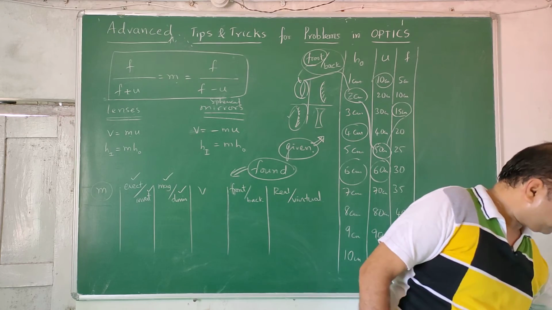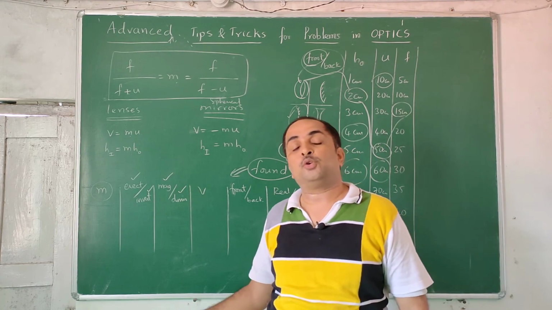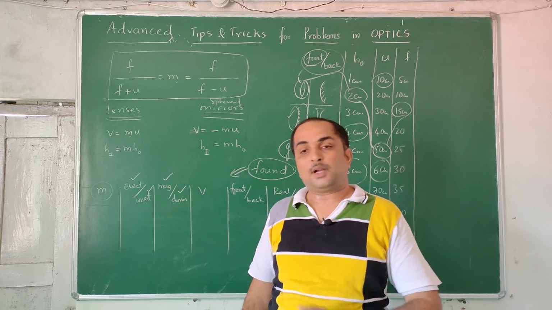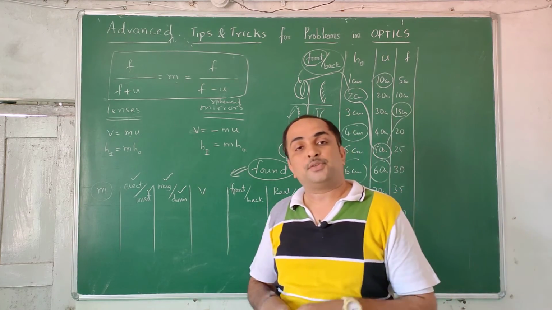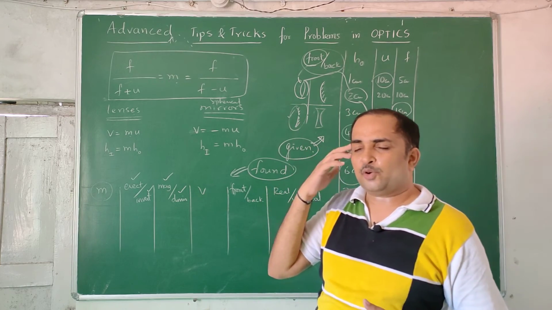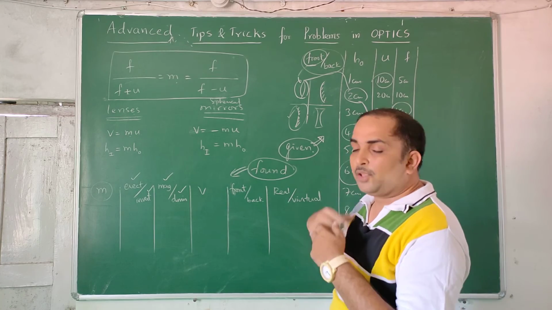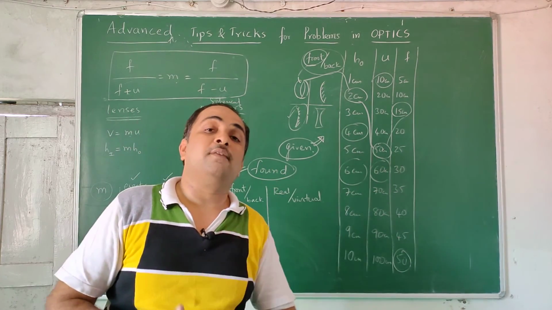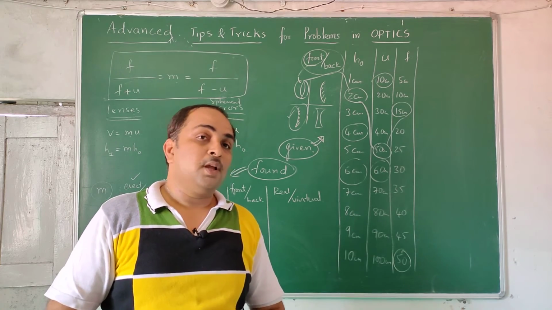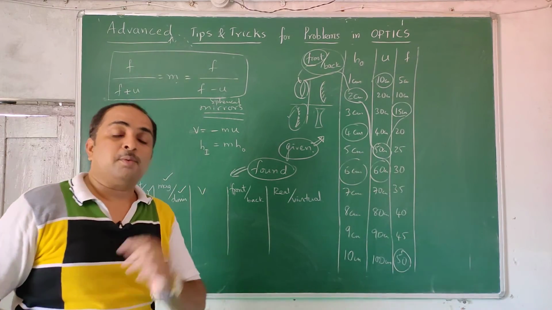So zones, zone A, zone B, zone C, zone D, I told you how to think about it. That also you make a plan. Basing on the graphs given in some good books, by seeing, if you can understand the question and take the data properly, without solving the question most of the time we can confirm what kind of answers are going to come. This is about tips and tricks in optics. Still one more trick is left over.